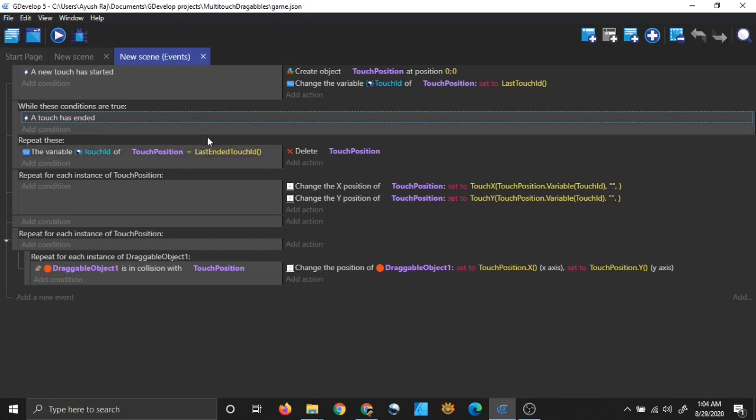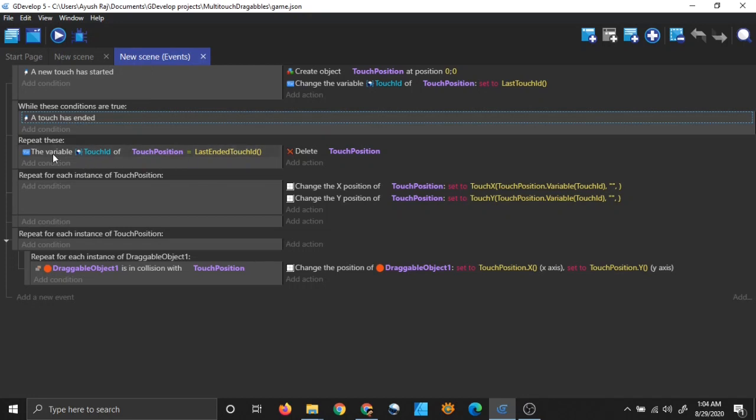So how do we do that? It is simple. While this one condition, touch has ended, is true, we will do these. The variable touch ID of touch position equal to last ended touch ID. Right. So what are we doing here?